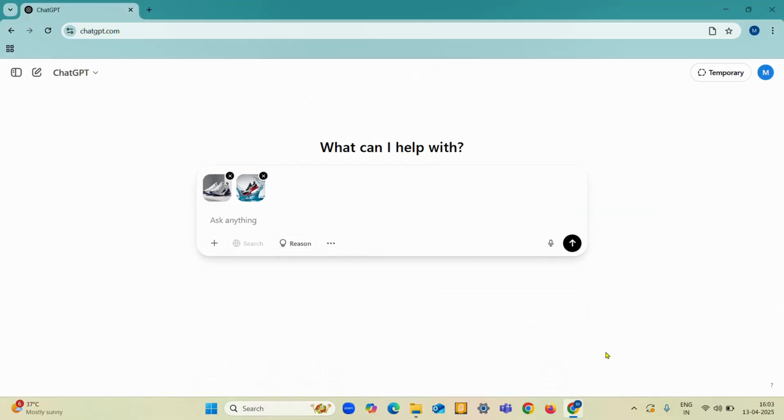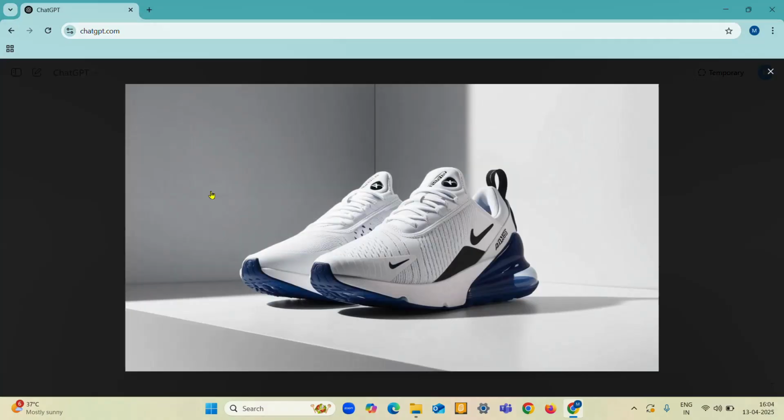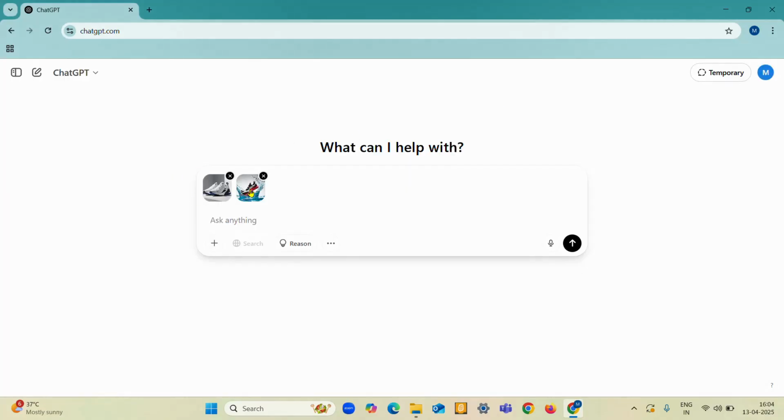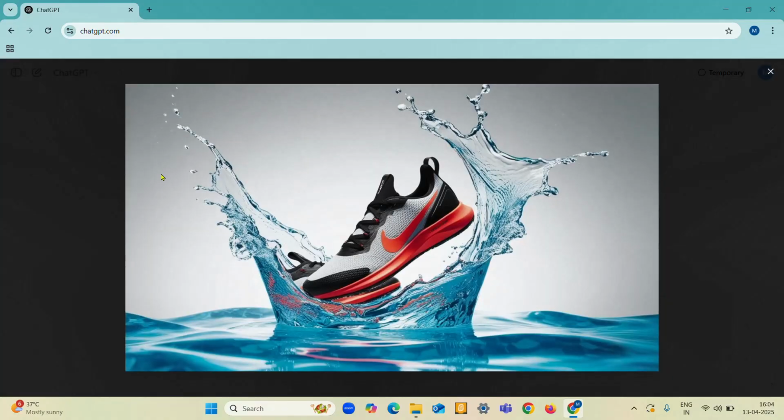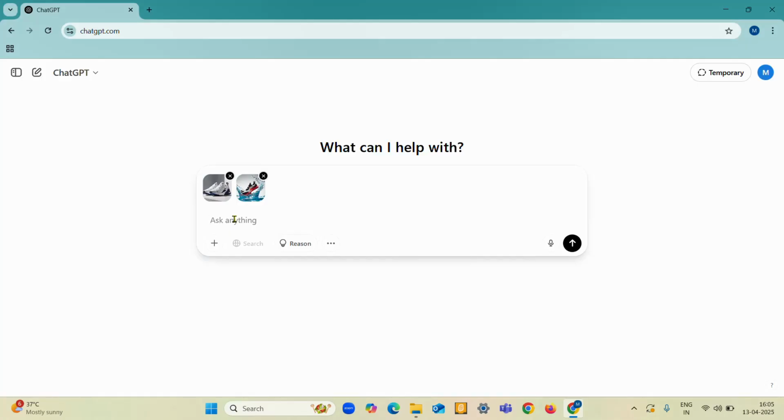Okay, let's do some more experiment with ChatGPT. I have uploaded two images here. The first image, that's our original shoe product. It is nice, but it needs some more magic. And here's the second image, a stunning AI generated ad created through countless creative trials with ChatGPT. Let's swap our original product and level up the look. Just ask ChatGPT, replace the first image with this upgraded version.